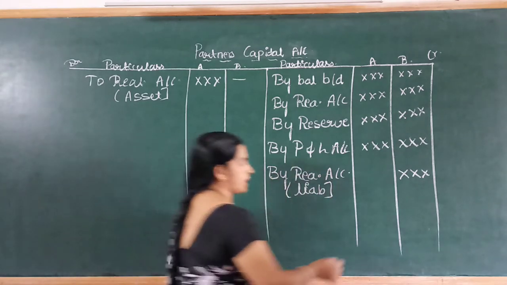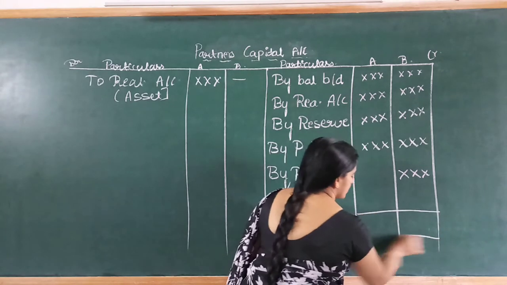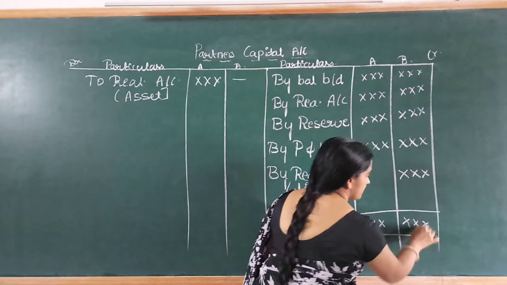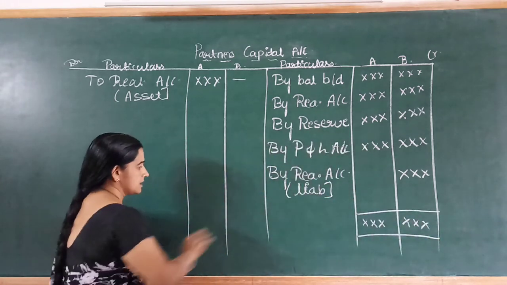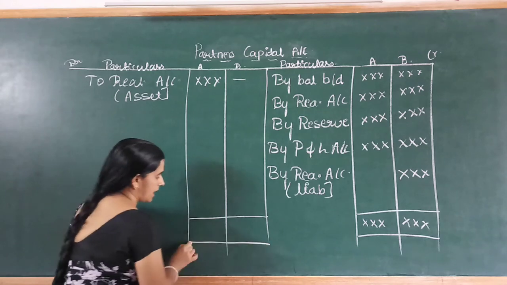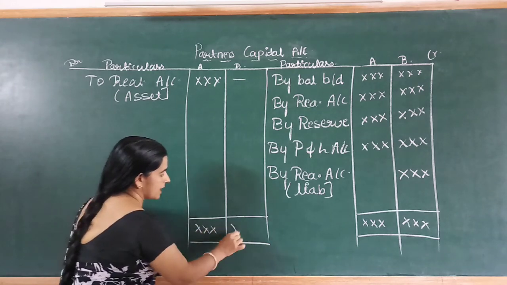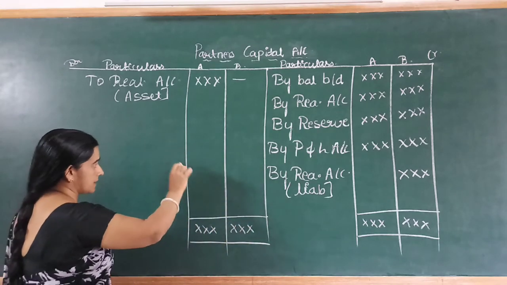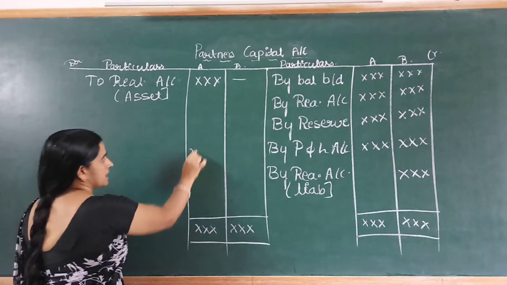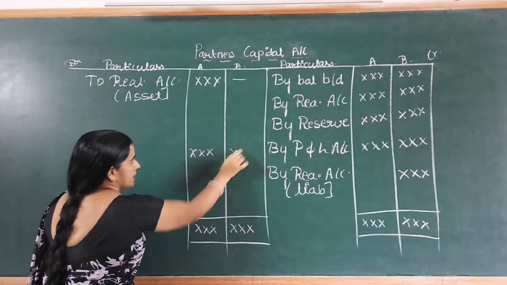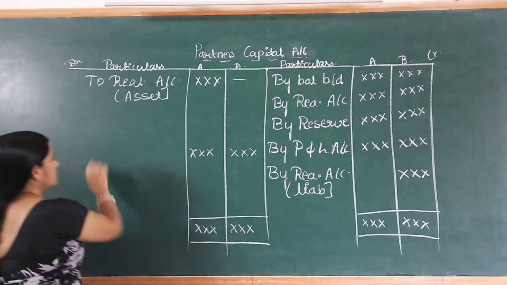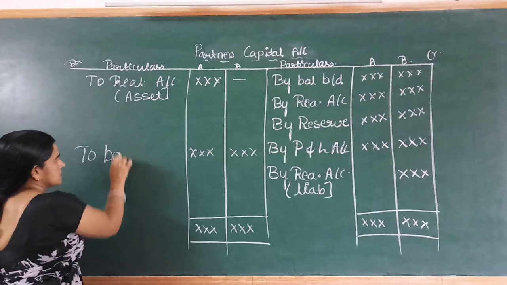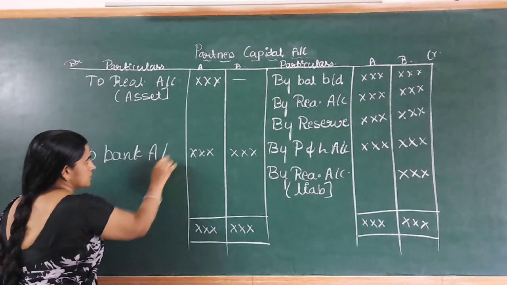So next we have to find out the balance of partner's capital account. First, credit side. Usually credit side total will be higher than the debit side. So credit side to be totaled, and from the credit side, if there are any expenses or any payments, that will be deducted from the total, and remaining balance, whatever the remaining balance, that will be transferred to bank account. So for transferring the balance, what is the entry now? That is to bank account.